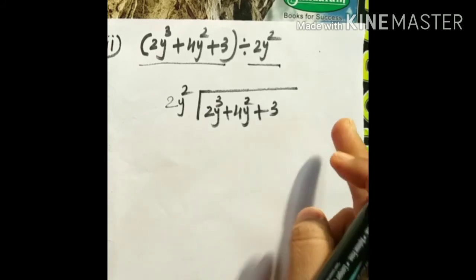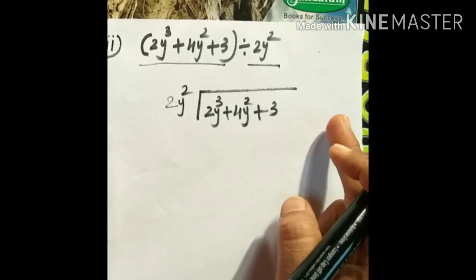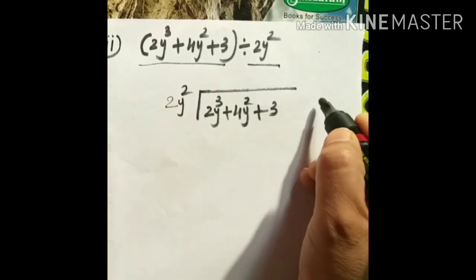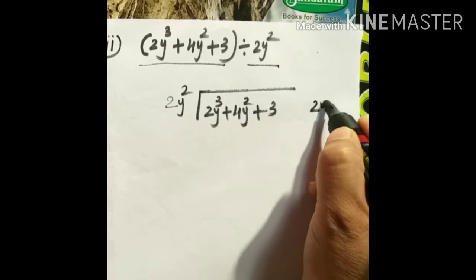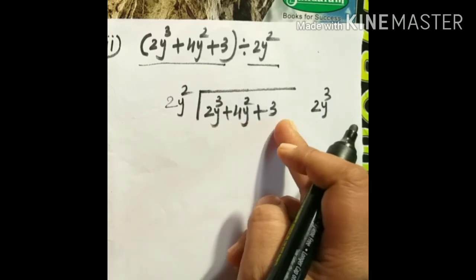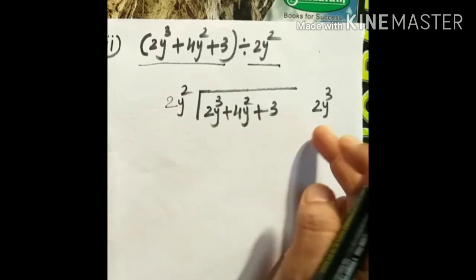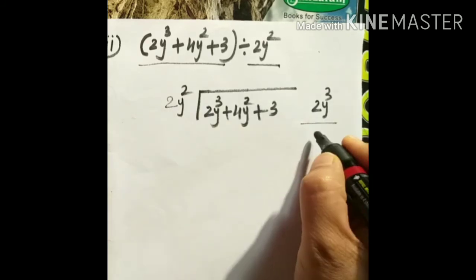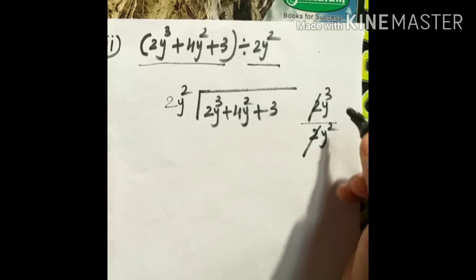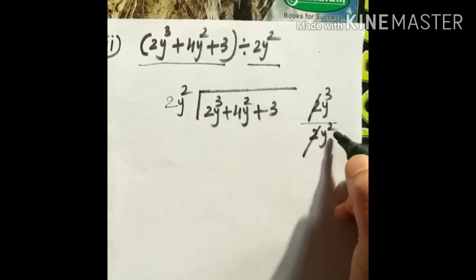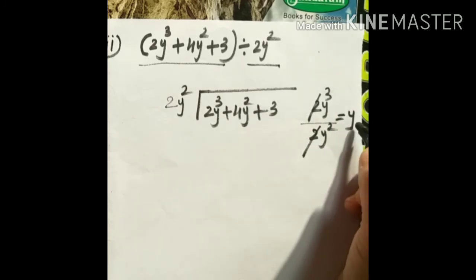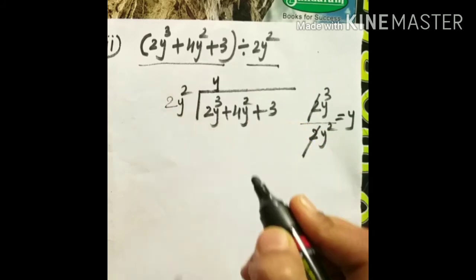Here, children, we have to do the rough work I told you in question number 1. So what do we have to take first? The dividend. What is the dividend, children? Here, 2y³. Only one term we have to take out. Here, how many terms are there? 3 terms, but we take one term out, and this is the divisor, 2y². The 2s get cancelled. Here, what is the power, children? Cube, and here it is 2. So 3 minus 2, what do we get? 1. Means 1y. This we write in the quotient place: y.